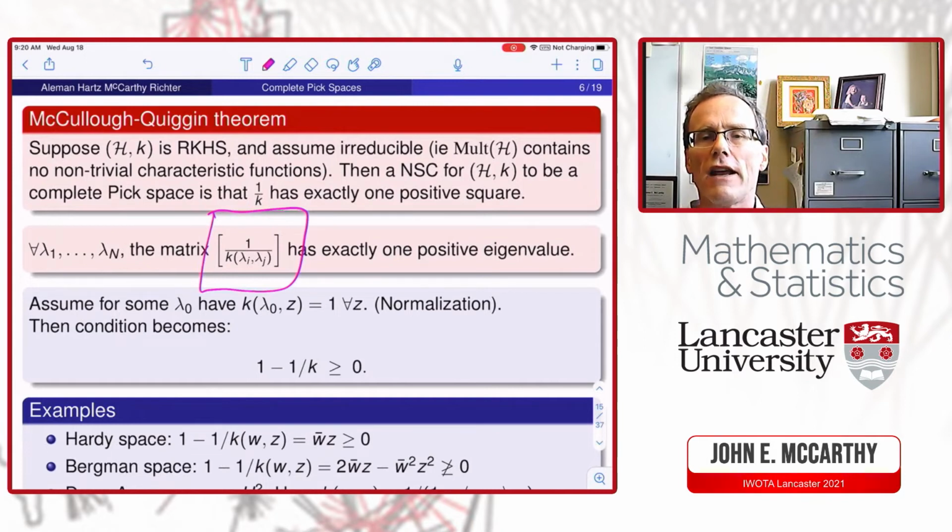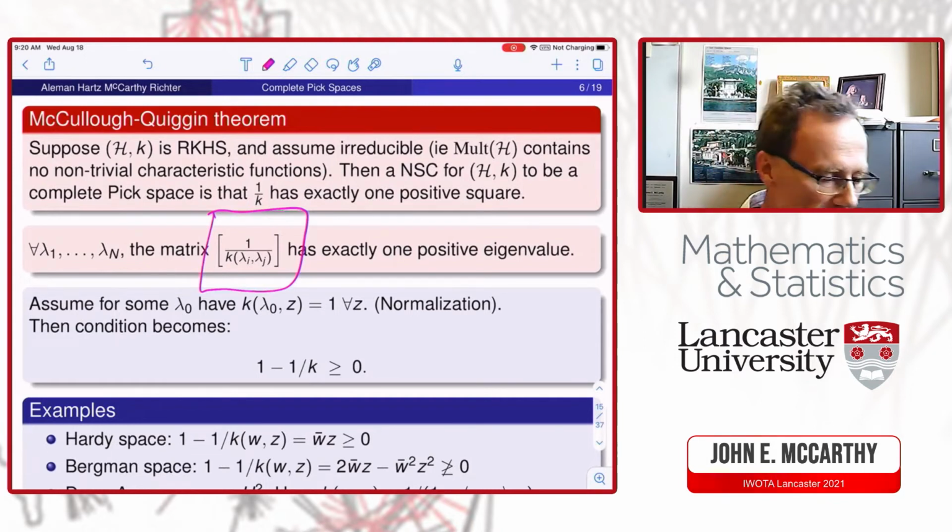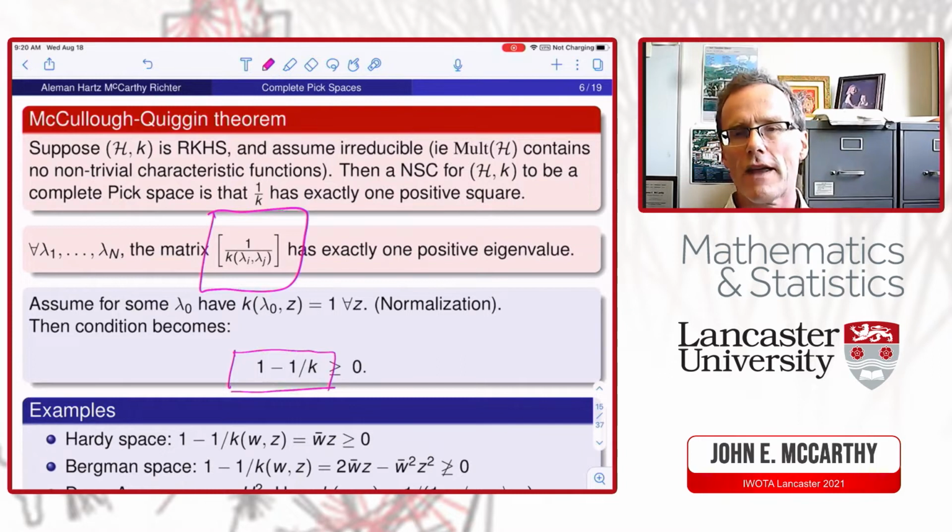For all the other eigenvalues to be negative, the condition becomes that the matrix whose entries are 1 minus 1 over k,